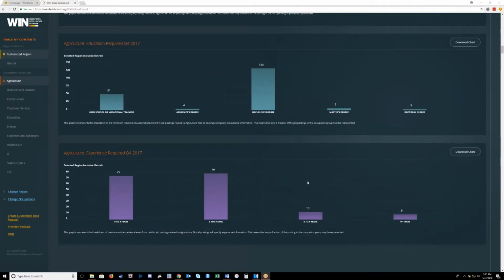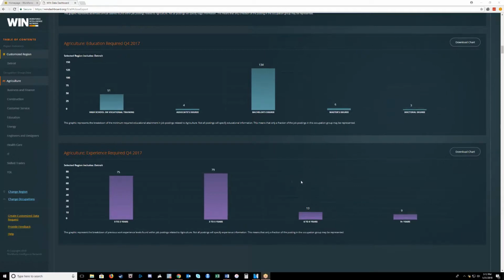The last graphic for the occupation group is the experience level requested in postings. These are expressed in the number of years of experience applicants should have when applying. 0 to 2 years of experience can be seen as entry-level, with a small experience requirement in the job postings. Job seekers can use this data to understand the kind of experience they need in specific fields and highlight opportunities for those wishing to enter the labor force or change career paths.